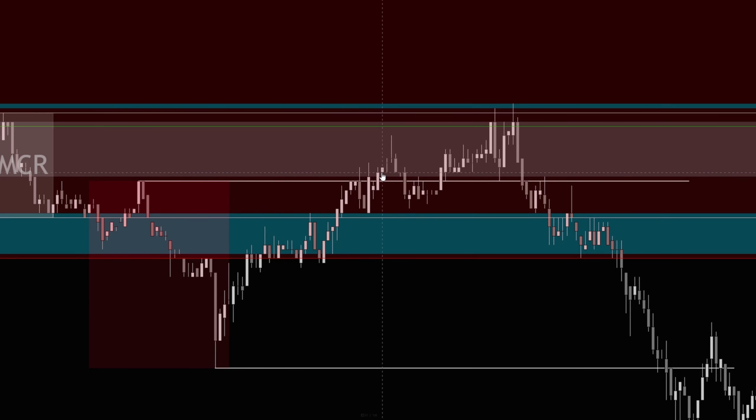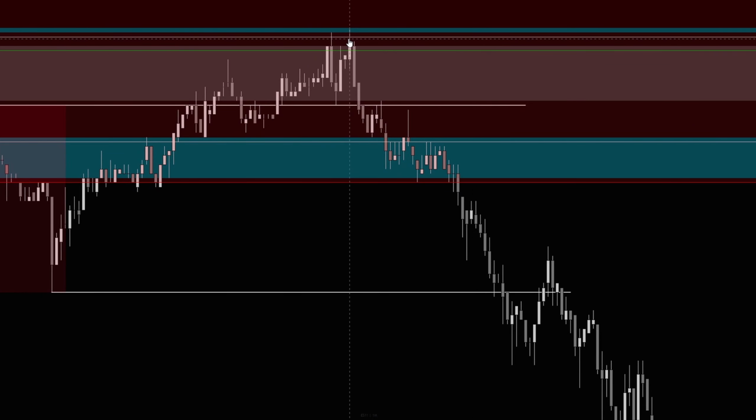Once we confirmed above, we had a reaction to go higher to the top of our next area of interest, which would be the next edge of MCR, which is the top. But we never closed above it, so we didn't confirm for a false day. This doesn't mean look for buys. This means continue looking for sells till price has a candle count above our fortification for the top of MCR. So if we're still looking for sells,